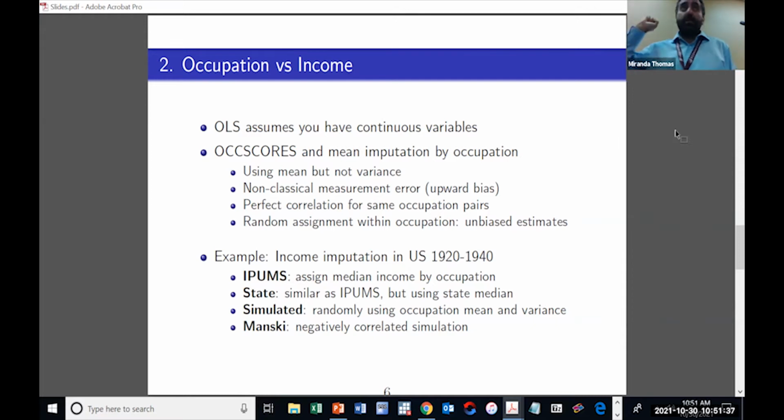Third column, we're taking the distribution of income by occupation and just simulating, knowing the mean and the variance. And the fourth one, I'm going to show you the extreme case in which what the IPONs is doing is assigning perfect correlation between the father and the son. Simulated is assuming kind of zero correlation in how you're drawing from the distribution. The last one will be assuming negative correlation between those two, right? So this is probably unrealistic, but just to see that this will also be consistent with the assumption that the distribution is the same, but you're willing to assume the other extreme.